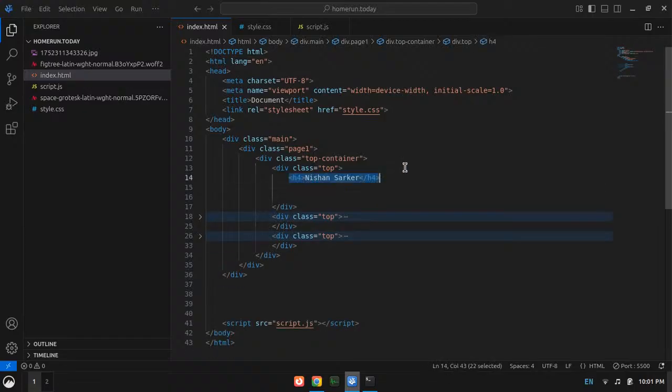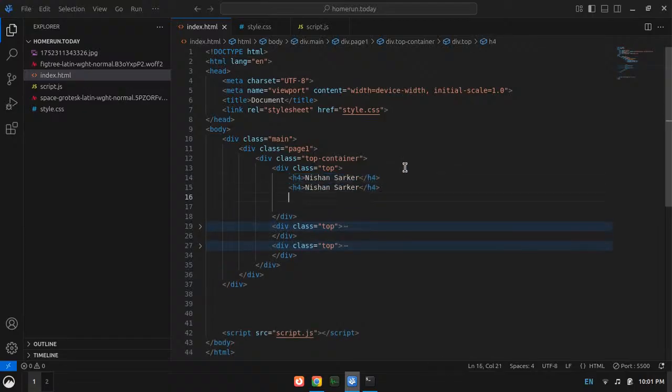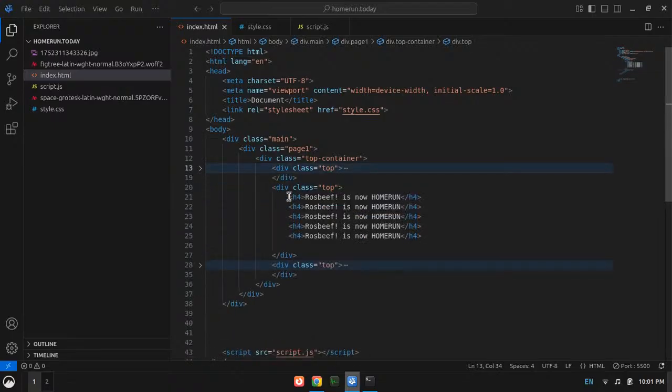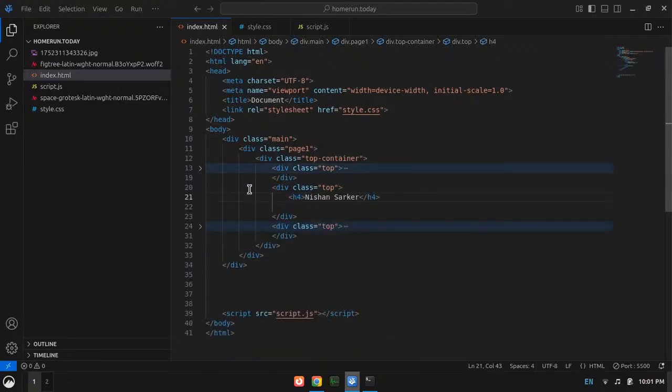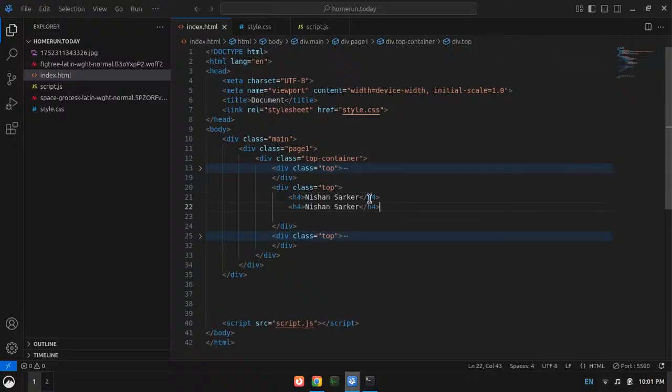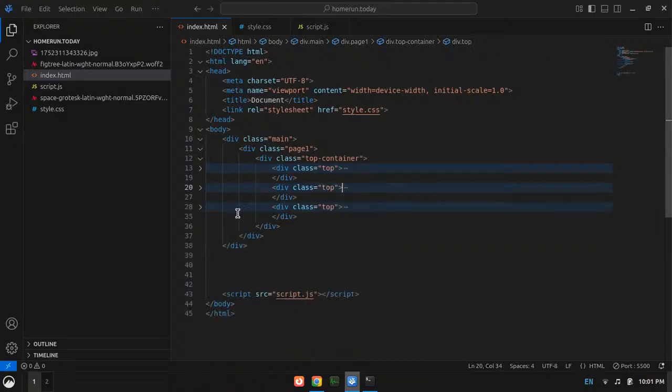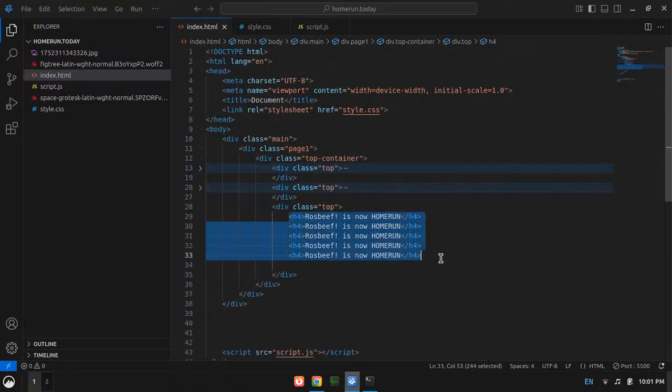Oh, sorry. 1, 2, 3, and then 4. Same I will do for the rest of the containers. Oh, sorry. Okay, whatever. Let's just paste 5 times, and then copy this whole thing. Right, copy it, and then here let's paste it.